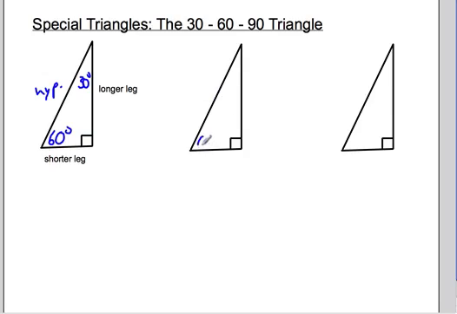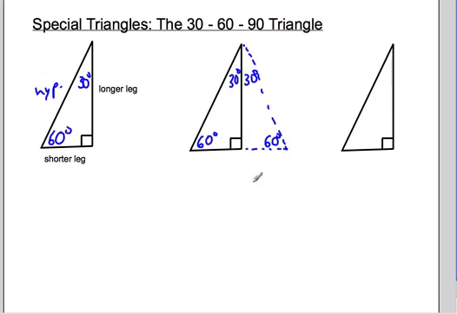So let's take a look at this 30, 60, 90 triangle. So we have 30 and 60 here. And to see the relationship, what we can do is draw in an exact copy of the other triangle, a congruent triangle here. That's also a 30, 60, 90 triangle. Okay, and what happens is we get a triangle that is 60, 60, 60, so that's